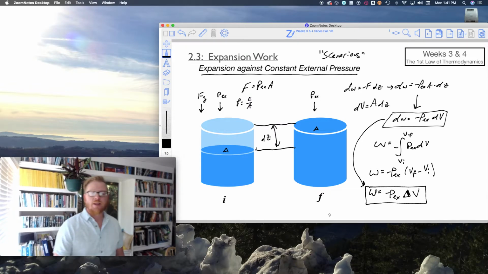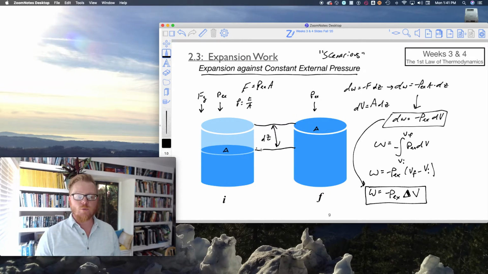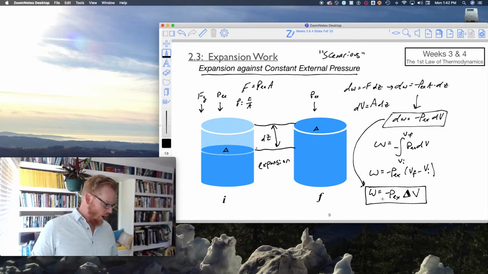So now why the negative sign? Well, let's think about this for a minute. In this picture, we're undergoing expansion. It's expanding against this constant external pressure. So now what happens to the volume? Well, volume initial is smaller than volume final. Or in other words, the quantity delta V is going to be positive in this picture. So a positive quantity times a negative quantity gives us a negative quantity. And thus expansion work